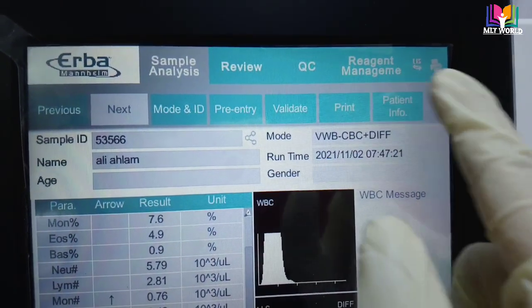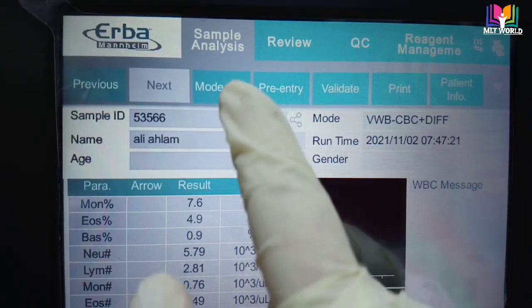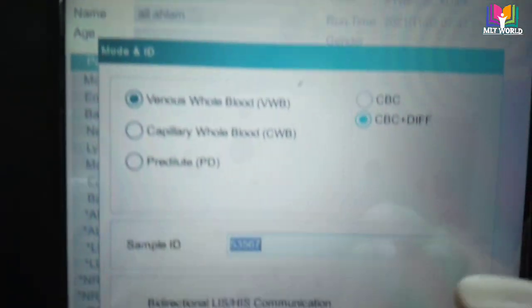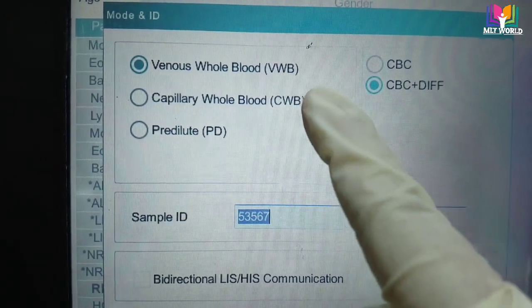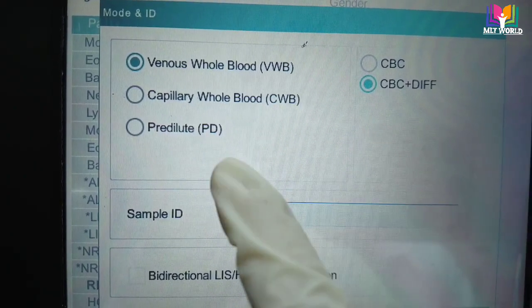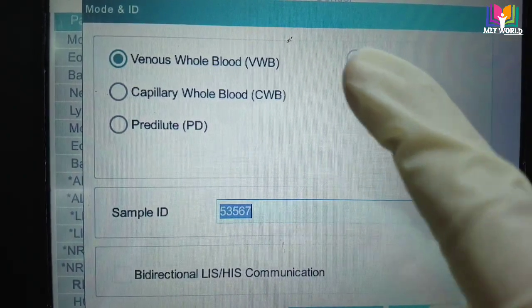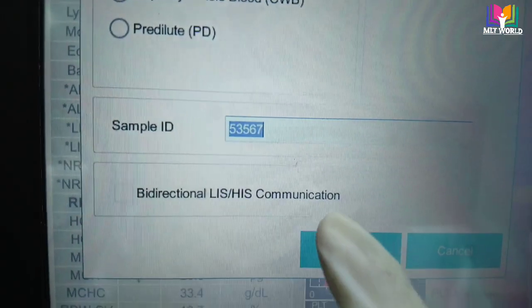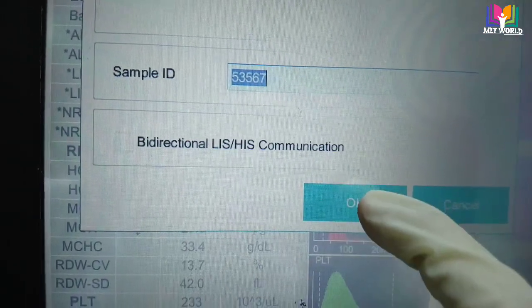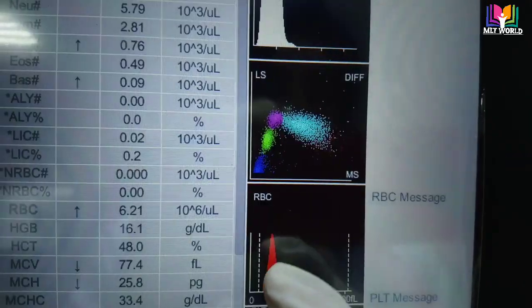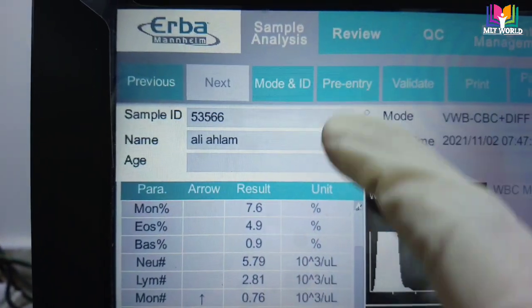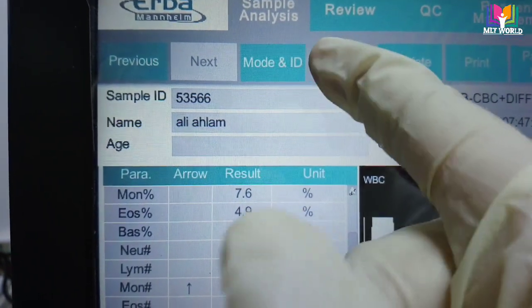So in sample analysis, we enter the data or file number in sample ID, and we have to choose the mode, meaning whether our sample is whole blood, capillary blood, or pre-dilute blood, and whether we need only CBC or CBC plus differential. Then we choose the data and press OK, and after that in the pre-entry option we can